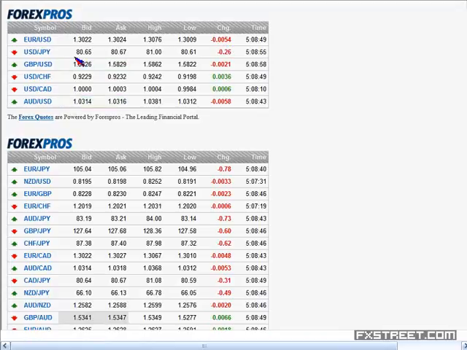And in the case of GBP, it's also showing negative net change of 26 pips, and it is trading around 80.65, 80.67, and Euro is currently trading around 1.3022, and 1.3076 is the high, 1.3009 is the low. And in the case of GBP also, you come across negative net change of 21 pips, 1.5826, 1.5829 are the current levels. 1.5862 is the high, 1.5822 is the low, just a 40 pips spread and 21 pips negative net change.